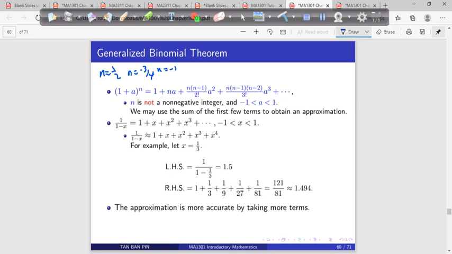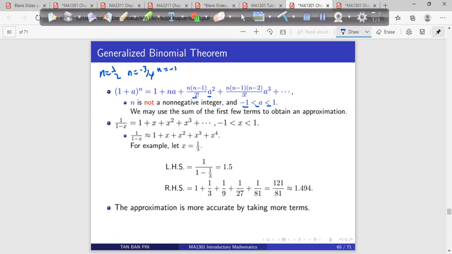If you write (1 + a) to the power n, it's just 1 plus na plus n times (n minus 1) over 2 factorial a squared, plus n(n minus 1)(n minus 2) over 3 factorial a cubed. So that means instead of using nCr, you use the generalized binomial coefficients. And you'll find you need a to be between minus 1 and 1. So the expansion is only valid for a between minus 1 and 1.